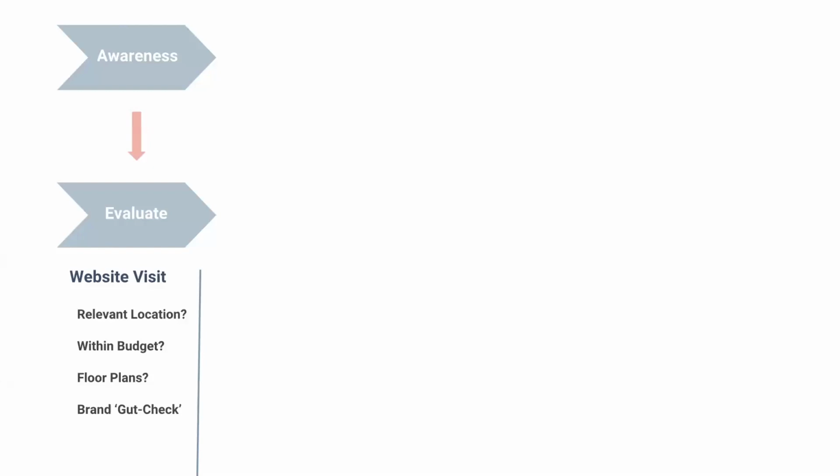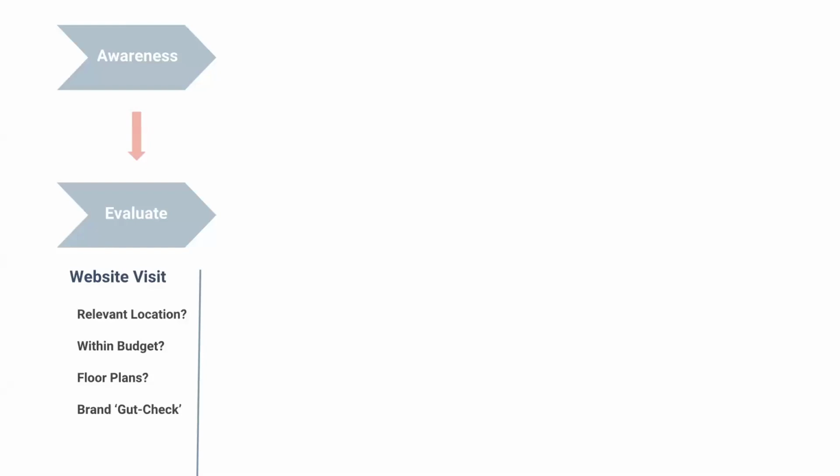Me personally, I also do kind of a brand gut check. If I'm looking for a high-rise condominium in New York and your website looks like it's from 1995, that's going to be a turnoff for me, and I'm probably going to bounce. Because if your website's not luxurious, if your marketing's not luxurious, and you're promising that your property is, there's a disconnect. There's some friction, and friction is really bad in digital marketing.